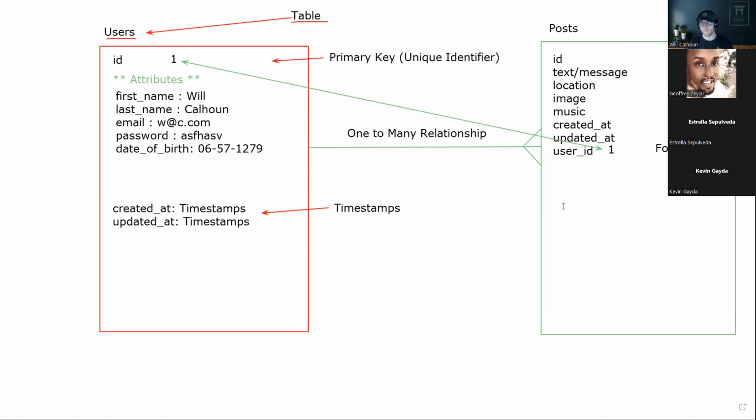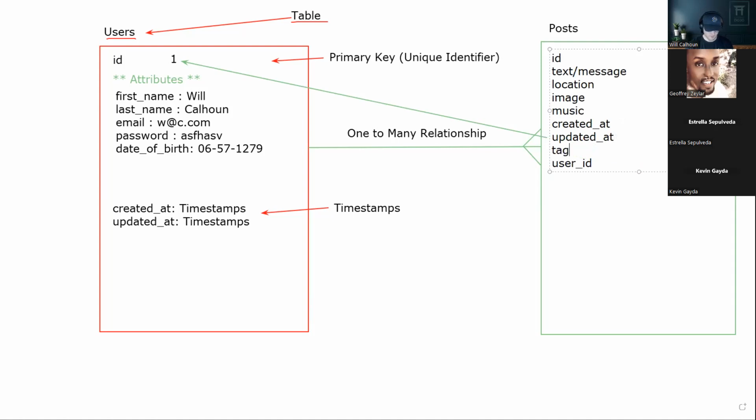Yeah, I have a question, Will. Go ahead. So since we're talking about Facebook, we created this post. Now, will it be the same way when people tag somebody? Does that create an additional ID, or does it just stay as yours because you're the one that's creating it? Great question. It would stay as yours, but you would have